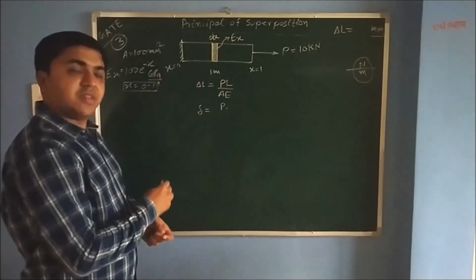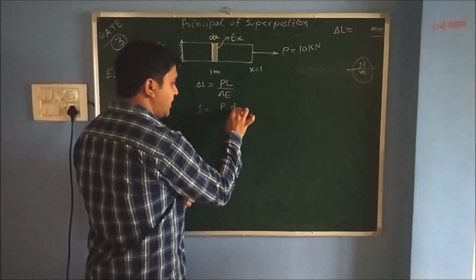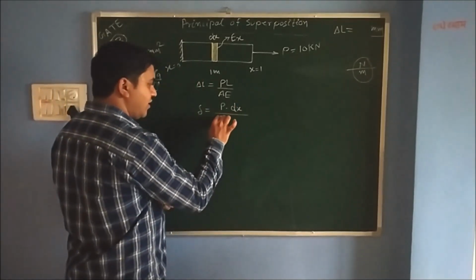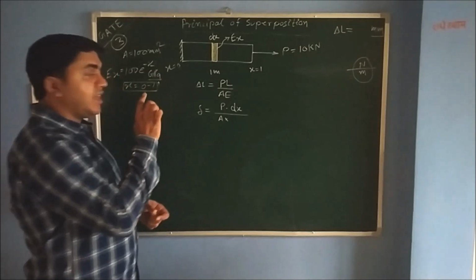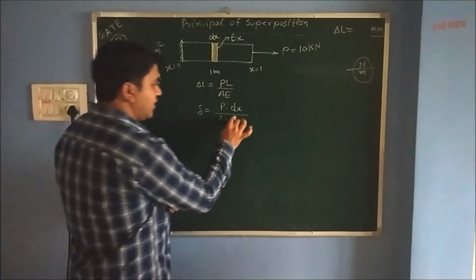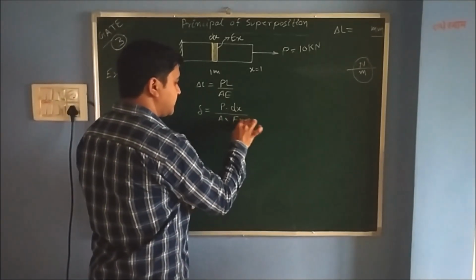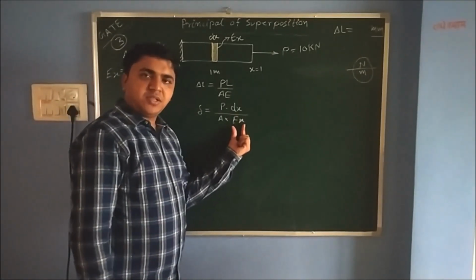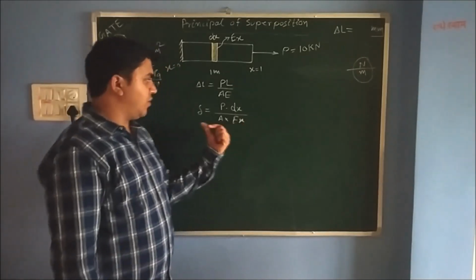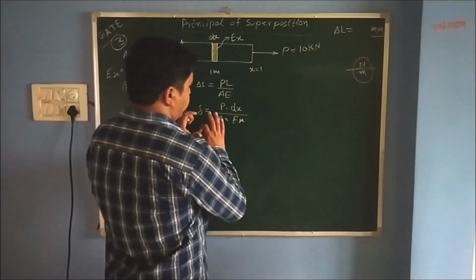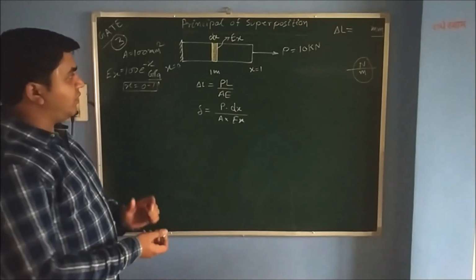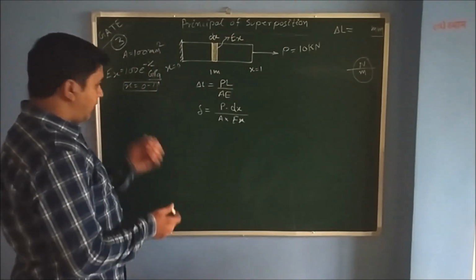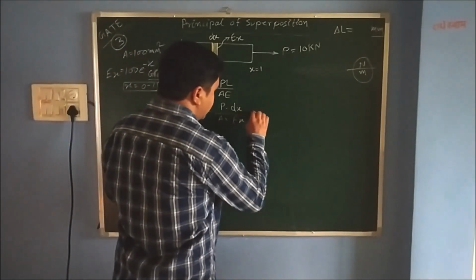Now what is the length of this small section? Dx. So dx is the length of the small section upon cross section area of the small section is again A multiplied by Young's modulus of that small section is Ex. Okay, so Ex is the Young's modulus for that particular small section. Okay, so now we'll put down the values and we'll integrate it for getting the length for entire section. So let's put down the values first of all.